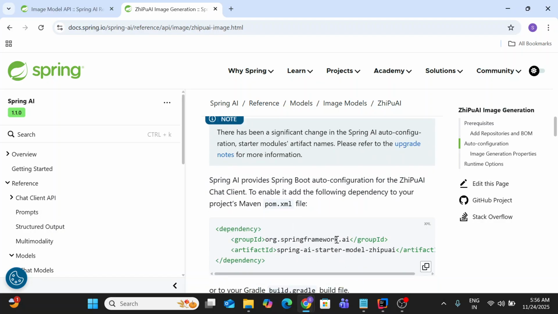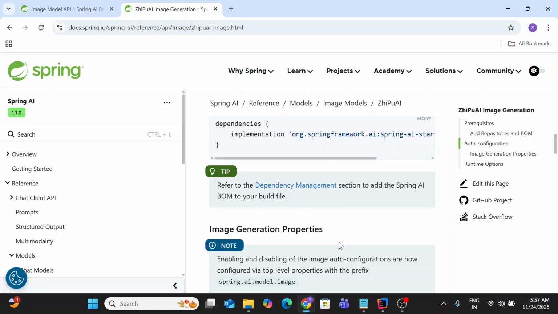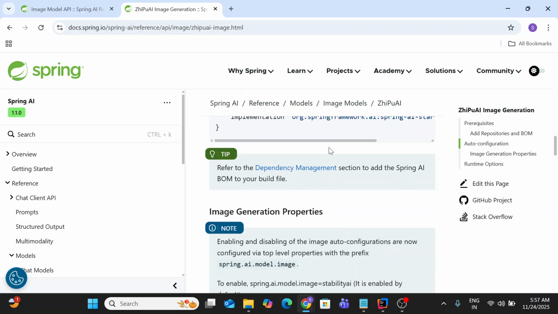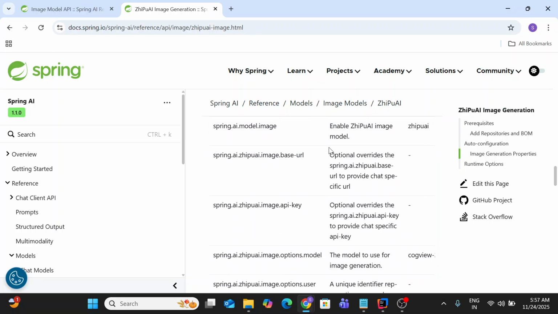Add the dependency in pom.xml like the AI starter model zhipuai. If you are using Gradle, then we have to use the Gradle dependency. Same here as well, spring.ai.zhipuai instead of any other model. Since we are using ZhipuAI, we have to use this name. The other model is